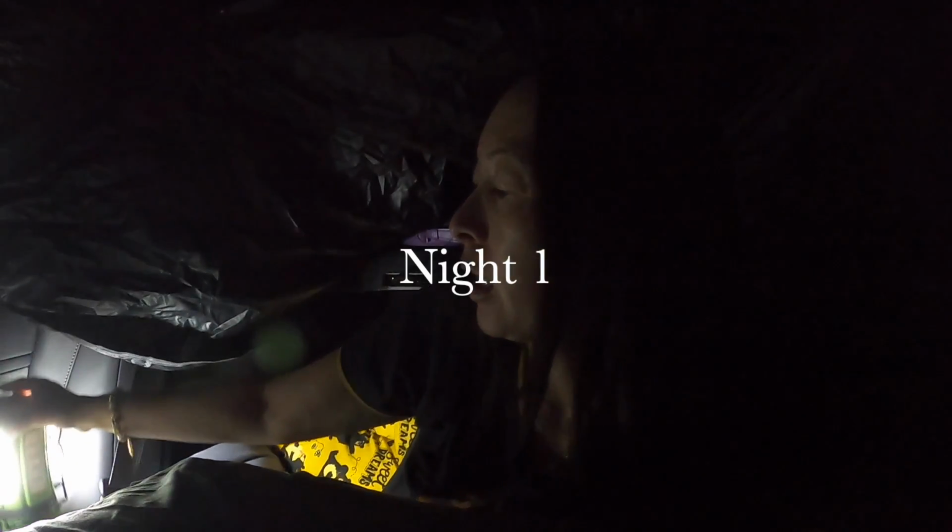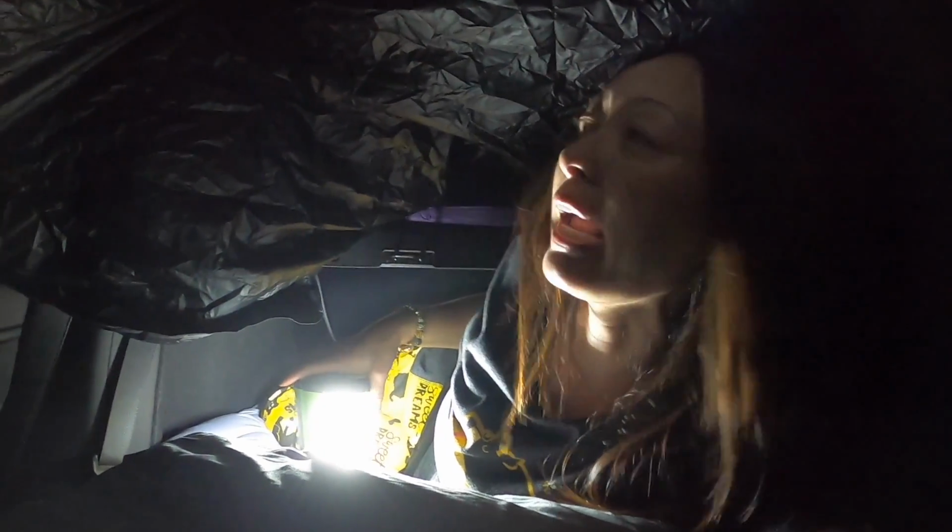Boom. Just kidding. I don't know if you can see well inside the car, but it is 11:15, and I am getting ready to turn in. Let me see what the state of charge of my battery is. There's no internet connection, so I think it's like 85%, right now, 85%. I set up this privacy screen. It's pretty cool. I hope you can see it. It goes all the way around,